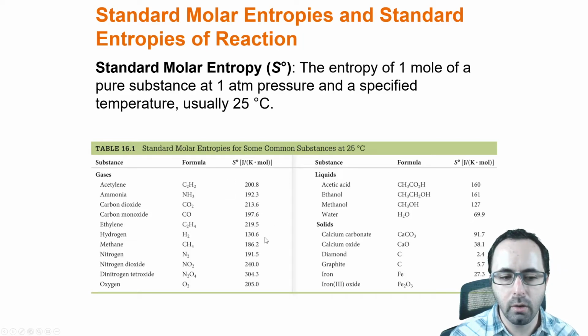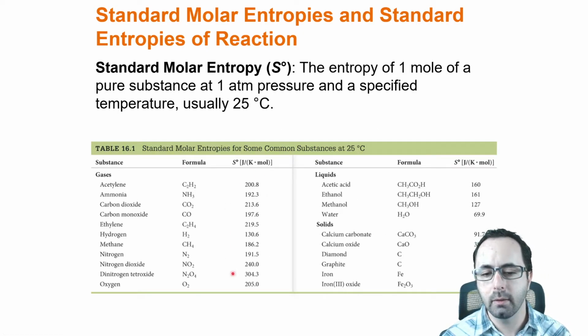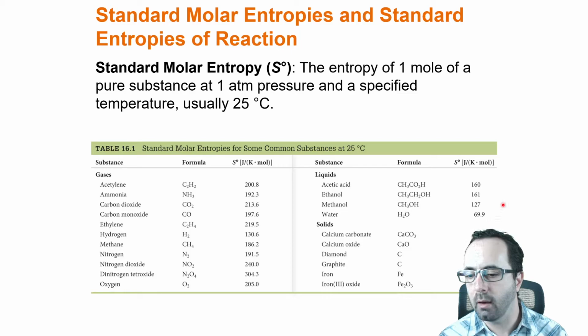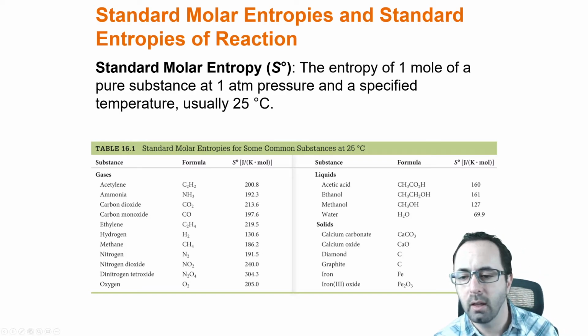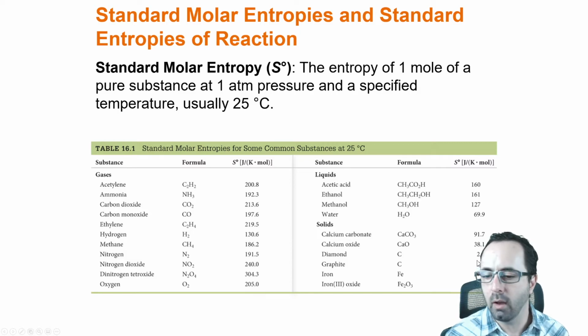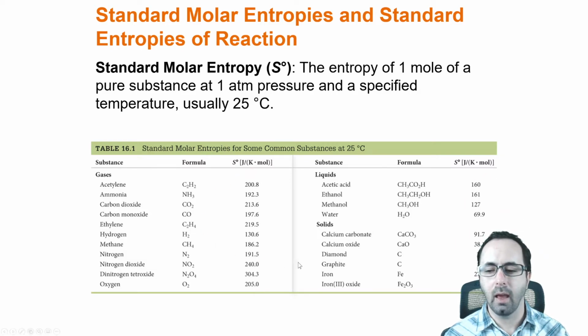So one thing you're going to notice too is for gases, the entropies are generally quite high here. For liquids, they are lesser on average. And then for solids, they're low, especially for very, very orderly solids. Like diamond has a very orderly structure. Its standard entropy at 25 degrees Celsius is still very low. On average, solids have lower entropy than liquids than gases, although you can see there's some overlap.